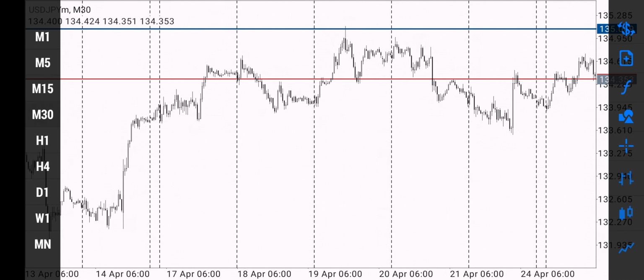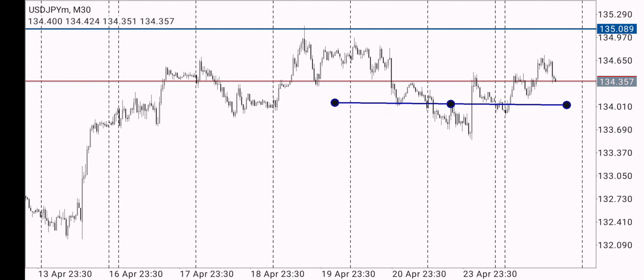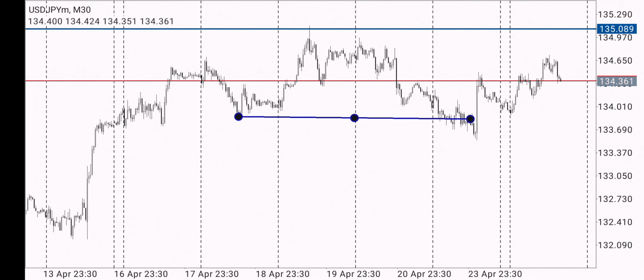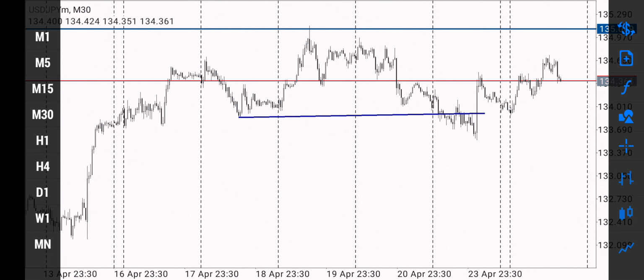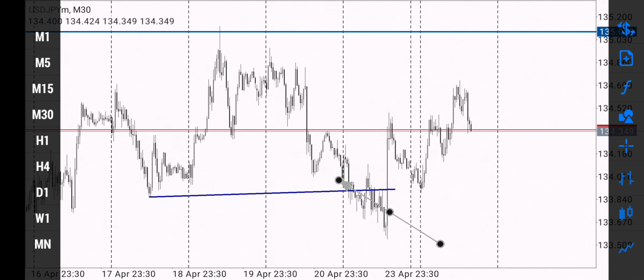What did I say? I notice a structure. Here's the structure, let me bring out the arrow to explain. Okay, here's a higher low, higher high. Market formed a lower low. All these ones are minor. Remember what I told you about minor. So this one goes up to take out this liquidity, comes down, but I can see that this market is still going up. So what I'm expecting now